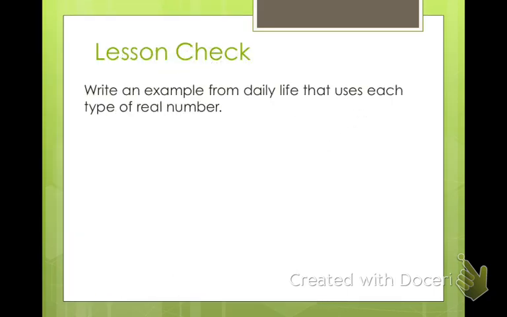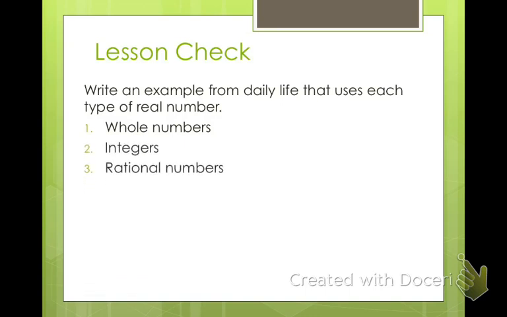Alright, so here's your lesson check. I want some really interesting answers for this one, please. So write an example from everyday life that uses each of the following. Give me an example of something that uses whole numbers, something that uses integers, something that uses rational numbers. Don't worry about this number 4. I'll take it off. Okay, so I want 3 really good examples,